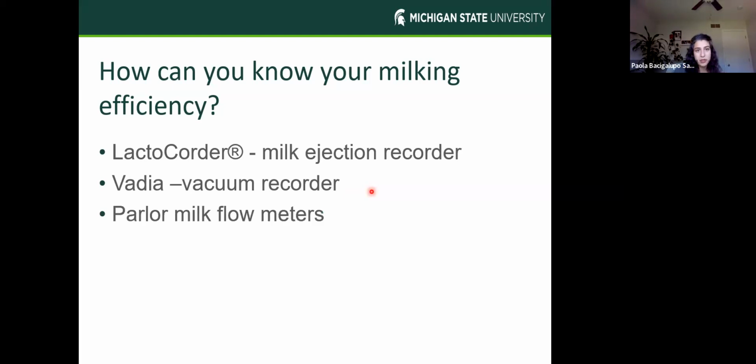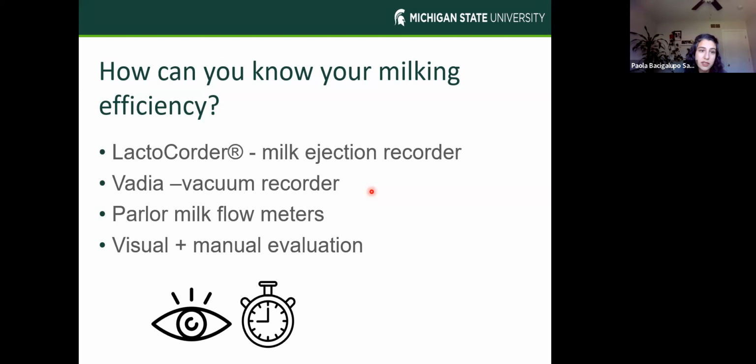Parlor milk flow meters, I'm not going to have time to discuss this now, but if you have parlor milk flow meters, not just yield meters, the milk flow meters, you can look at the window of time between 30 to 60 seconds and set up a cutoff and determine if cows below that cutoff are considered delayed milk ejection. And the simplest